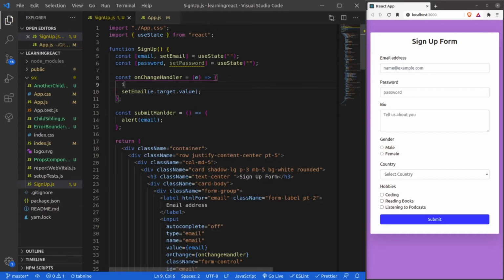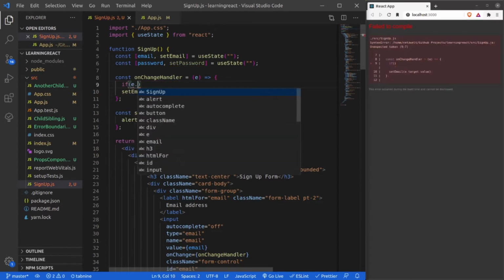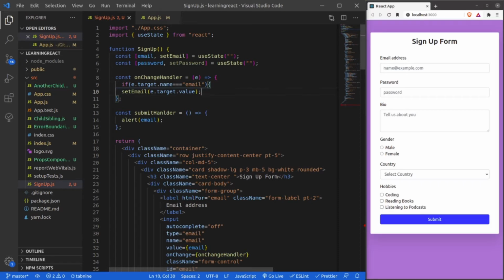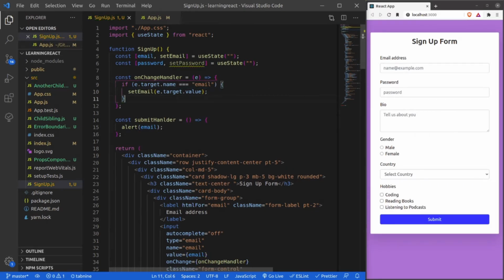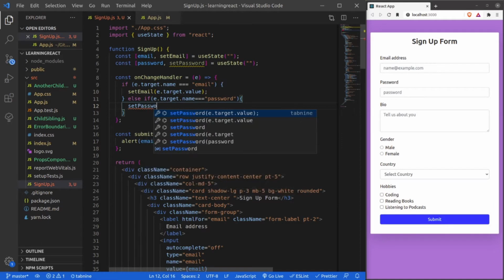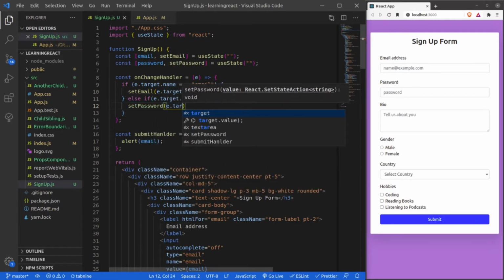If e.target.name is equal to email, then update my email. Else if event.target.name is equal to password, then set password with e.target.value.